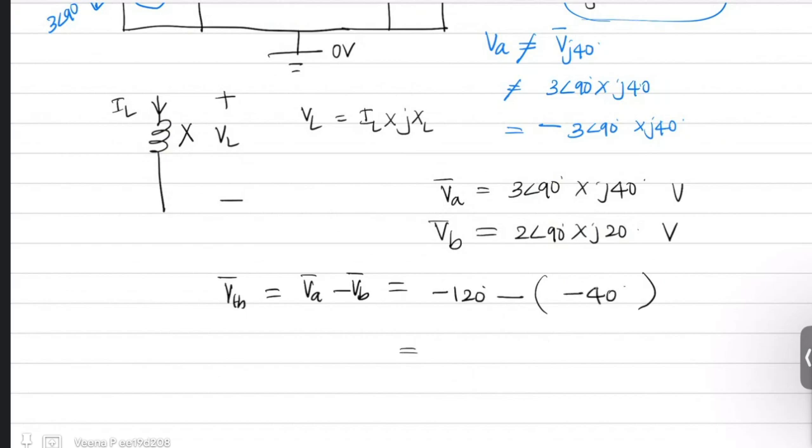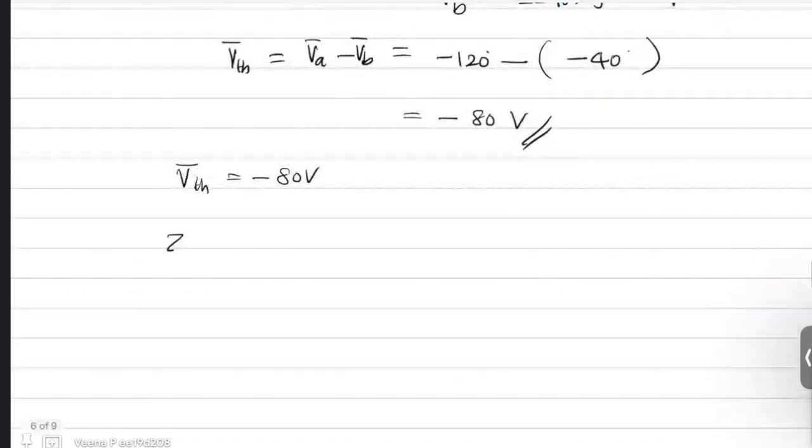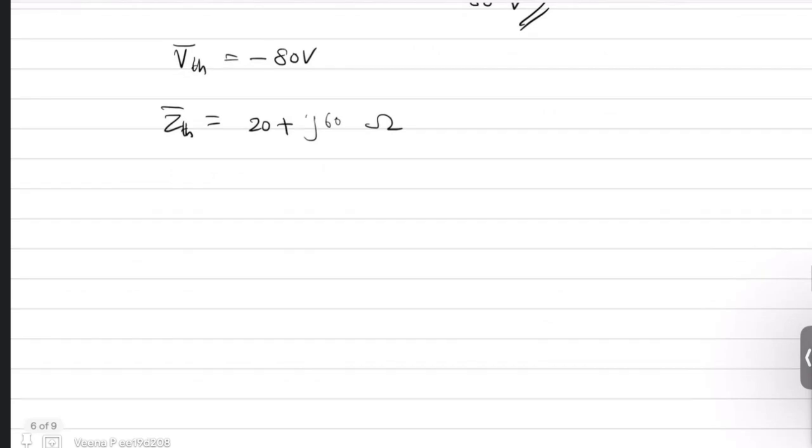So now this becomes minus 120 plus 40, which is minus 80 volts. So you have your Thevenin voltage as minus 80 volts and your Thevenin impedance as 20 plus J60 ohms. So if you draw the equivalent circuit,